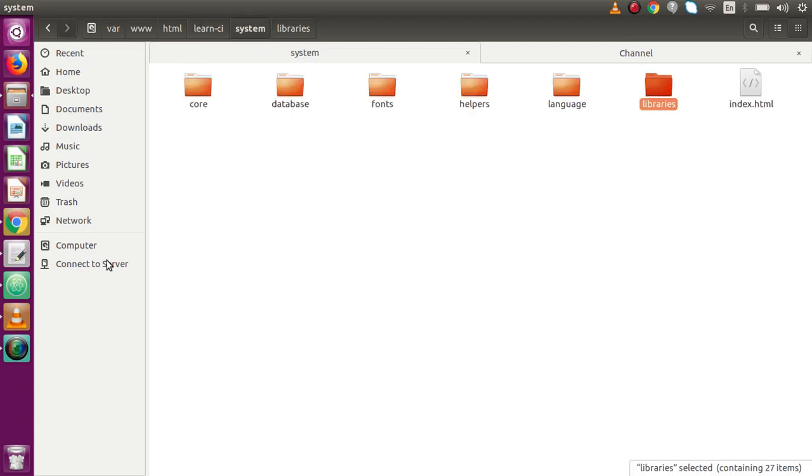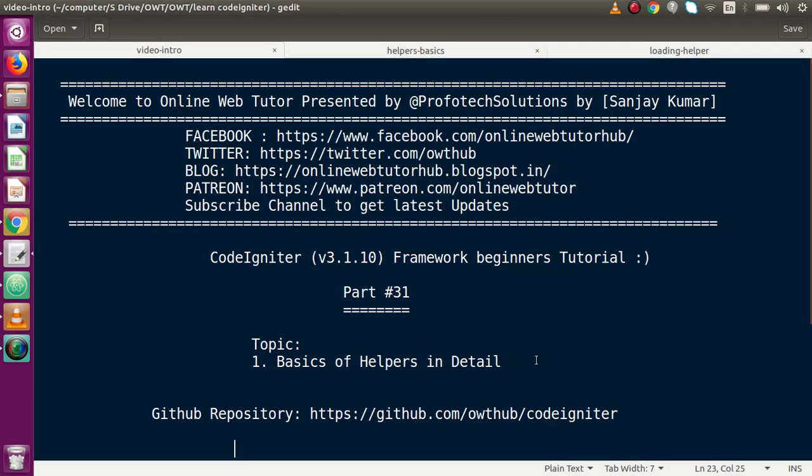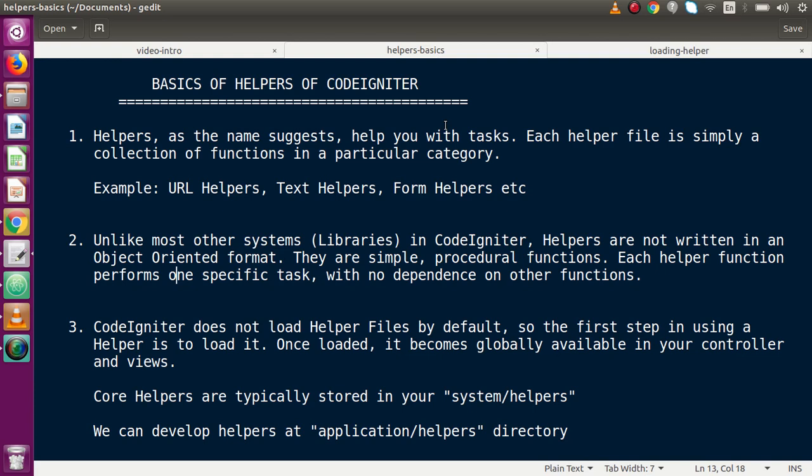So if I go back to the slides, now we are going to start the theoretical concept of helpers. So go to the second tab. What basically are helpers? Helpers, as the name suggests, help you with the task. Each helper file is simply a collection of functions in a particular category. So basically the first 2 lines say that helpers, as the name suggests in CodeIgniter, are functions which help us to do some task, as we had used base URL and site URL in our previous video sessions. These are nothing but part of URL helpers. So from the next video we'll discuss URL helper, something called text helpers, form helpers and many more